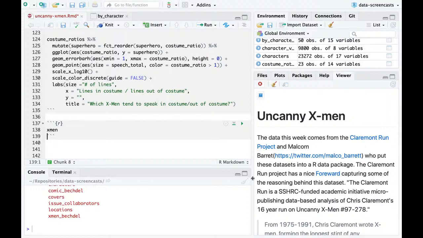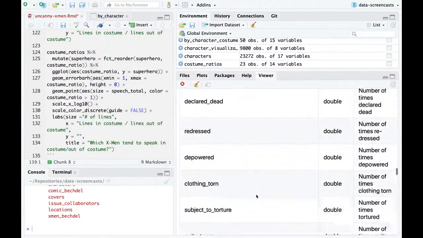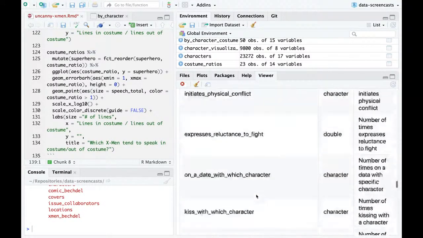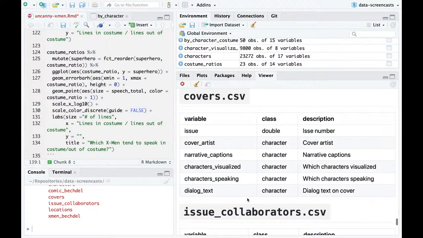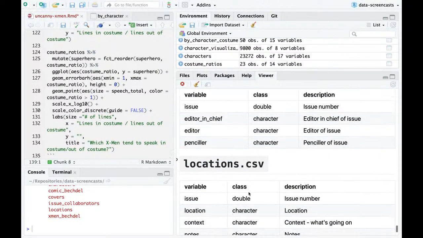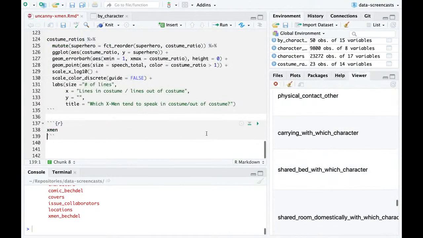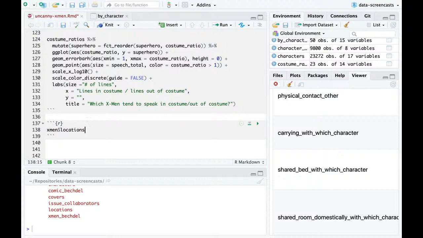I'm going to take a quick look back at this. Yes, I wanted to look at the one where it's like how often are they killed, how often are they captured, and so on. I'm curious about that. I'm going to skip the covers. I'm going to skip the collaborators. There's so much that can happen here that's interesting. Ooh, this is cool. One of the most common locations. I want to find out really quickly what are the most common locations. So I'm going to